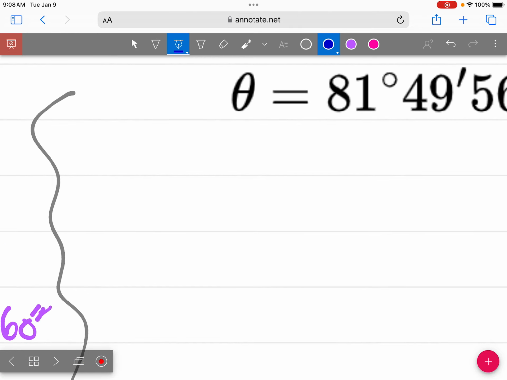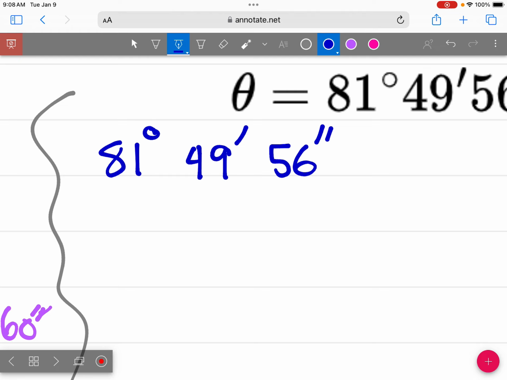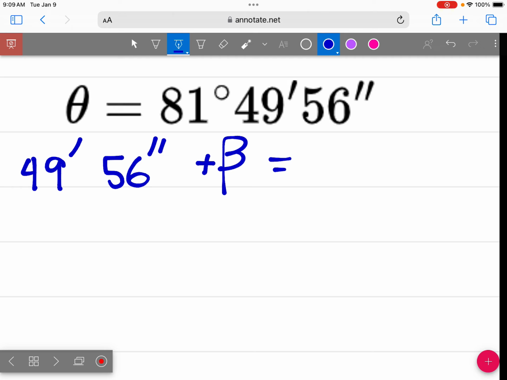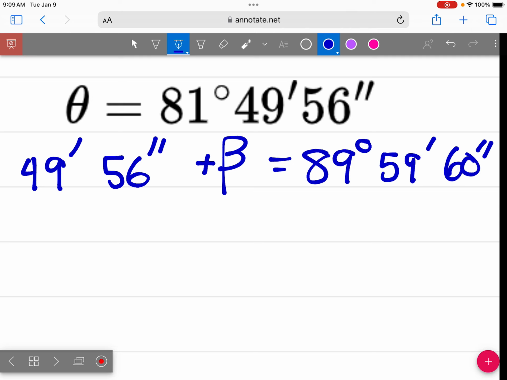So our last one that we're going to do like this is our 81 degrees, 49 minutes, and 56 seconds. And we're going to start with our complementary angle. So we're going to do our 89 degrees, 59 minutes, and 60 seconds. So what is our complementary angle for this one? 98 degrees, 10 minutes, and 5